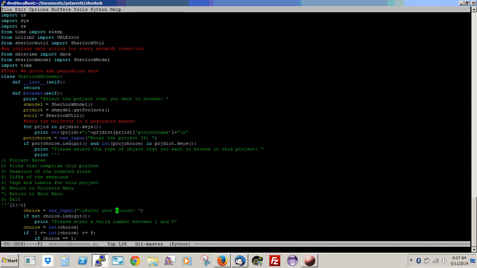Tags and labels for this project. There could be several tags and labels for a given project. Now, tags are something that are automatically determined by the program, but labels are something that you as a user will assign to a given project. You can assign a label to a project or a session or a website. I mean, to any artifact inside a project. Okay, so